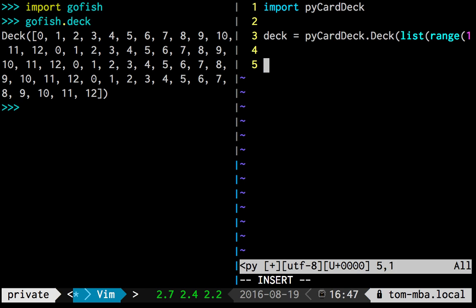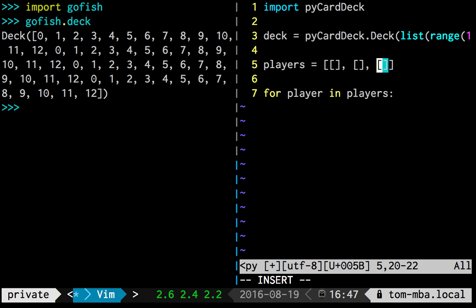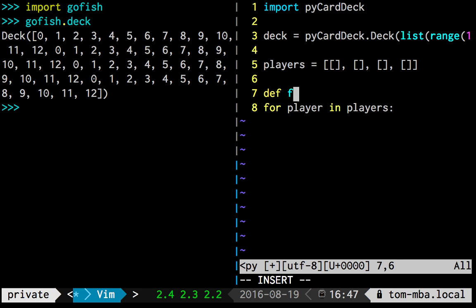Player, let's see, so I'm going to say for player in players. Maybe players will just be their decks. They start with nothing. Let's deal cards. What that does, given a deck, is that it